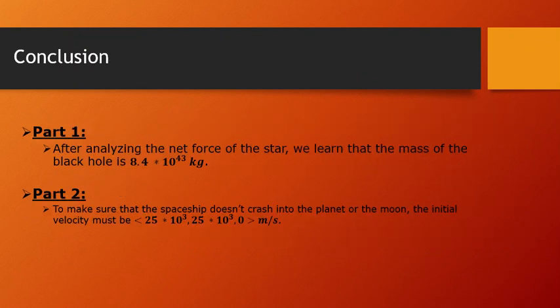So in conclusion, in part 1, after analyzing the net force of the star, we learned that the mass of the black hole is 8.4 times 10 to the power of 43 kilograms. And in part 2, we learned that to make sure that the spaceship doesn't crash into the planet or the moon, the initial velocity must be the velocity vector of 25 times 10 to the power of 3, 25 times 10 to the power of 3,